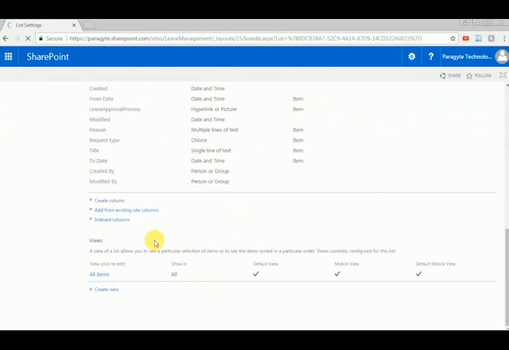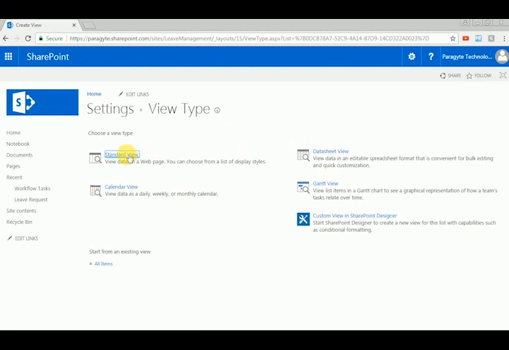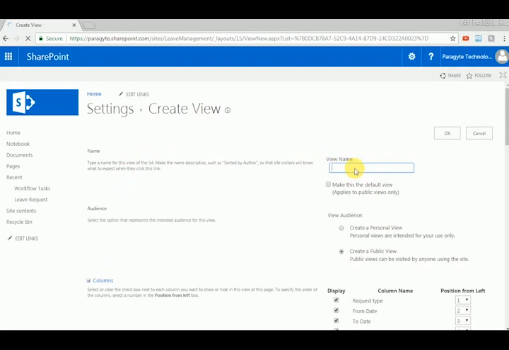Scroll down and click on create view, and we'll create a standard view. Just give it the name My Request,